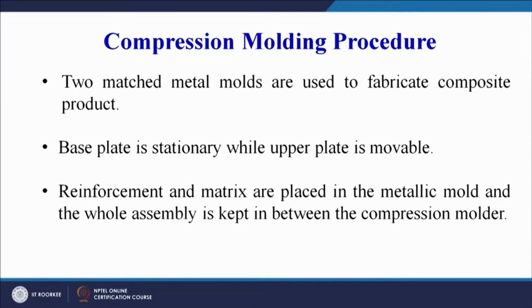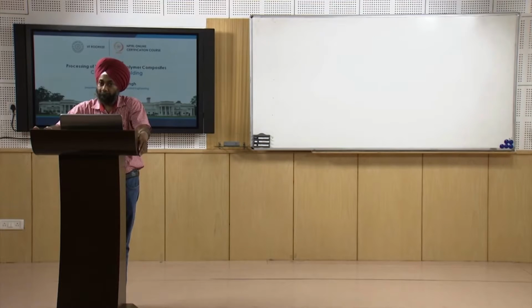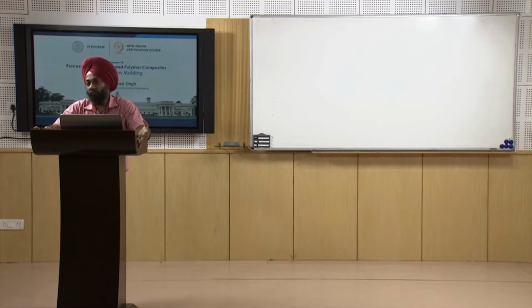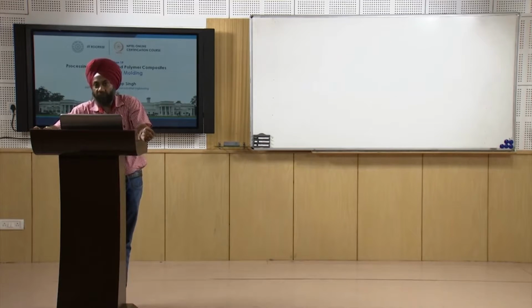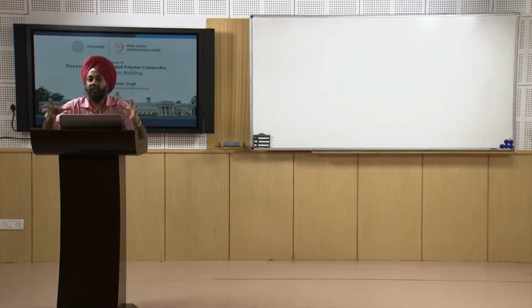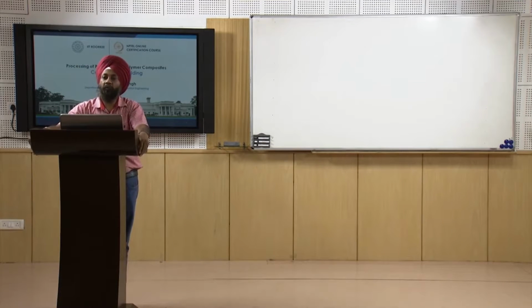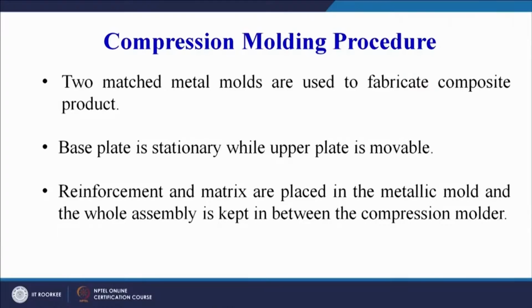Reinforcement and matrix. In our case we are focusing on polymer composites, as all of you know. Our reinforcement will be fibrous reinforcement, or in the form of fibers. It can be continuous fibers in the form of woven mat, or it can be short fibers in the form of a mat, but there has to be some bonding between the short fibers also, so that we are able to place them in the mat form inside the mold cavity. So the reinforcement will be fibrous and the matrix will be polymeric.